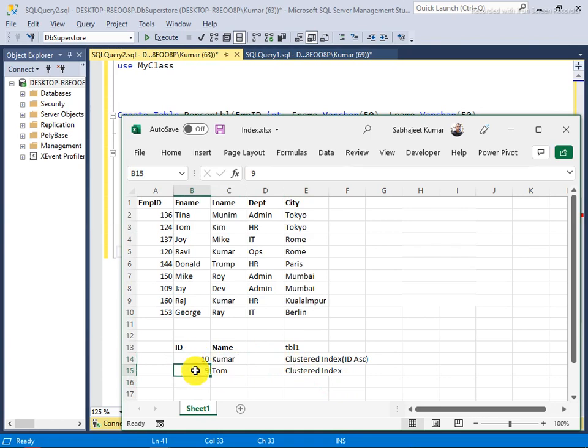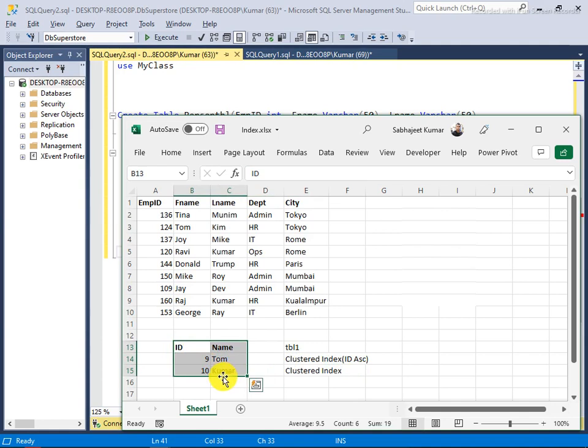So ID 9 is less than 10, so it will go to the upper side of 10. So this record would be like this, and Kumar would be downside. This way, when you make an entry, it will automatically try to maintain its order as per the index. So that's called a clustered index.